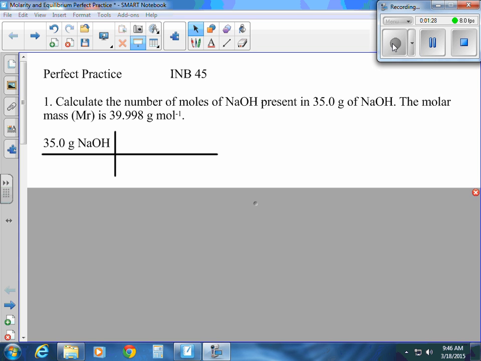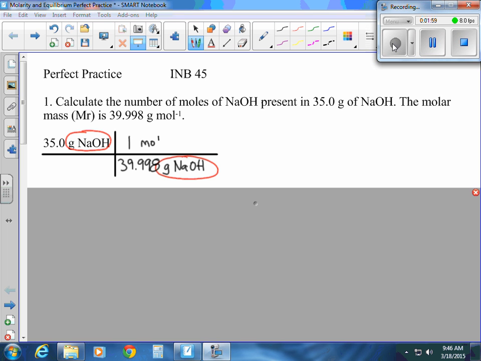So starting off, this is a grams to mole calculation. So we're going to use our molar mass as part of a dimensional analysis. Because of the units, grams of sodium hydroxide, I want to have grams of sodium hydroxide down here at the bottom so that they cancel. So looking at the molar mass, 39.998 grams of sodium hydroxide go on the bottom. 1 mole of sodium hydroxide goes on top. This way the grams will cancel and I'm left with 35 divided by